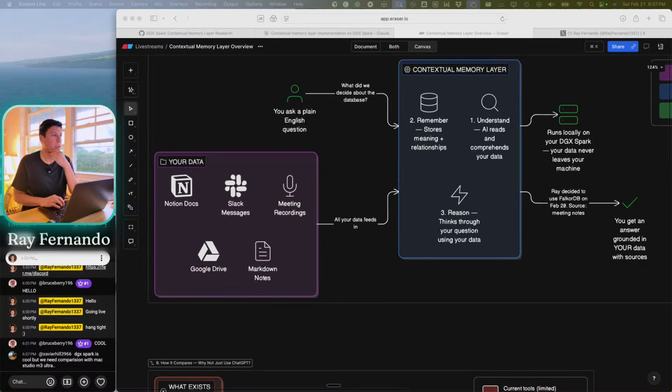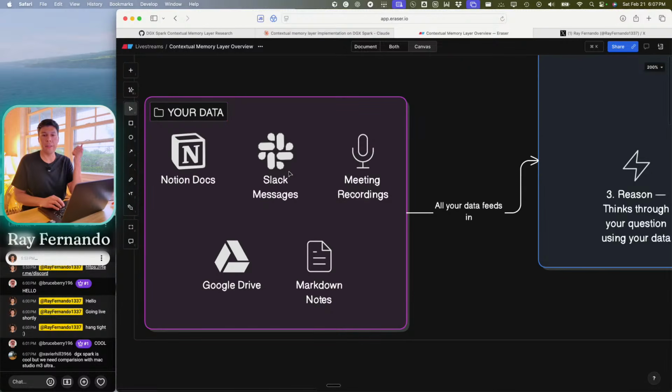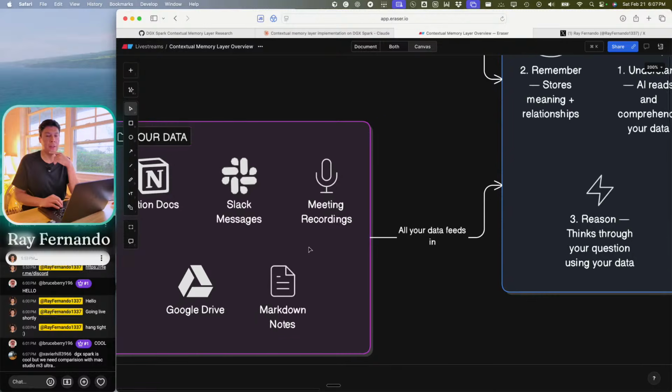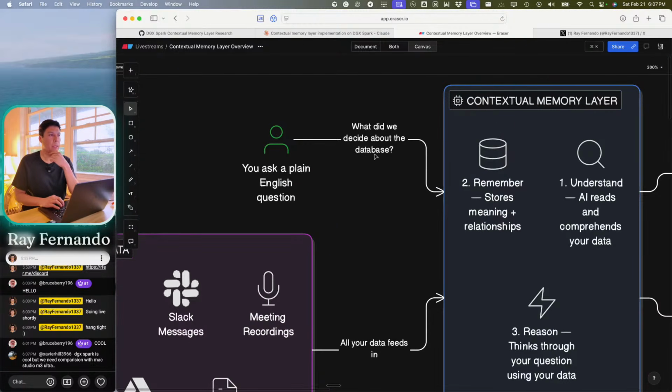So this is the high-level overview of what things are looking like. I have stuff inside of Notion docs through my business. I have other editors and different people who interact with those workflows. I have Slack messages. I also have meetings that are recorded. I have stuff in Google Drive and also Markdown notes. And what I want to do is have my OpenClaw, which is currently running on my Mac Mini,